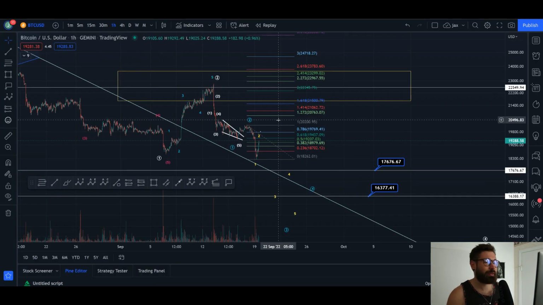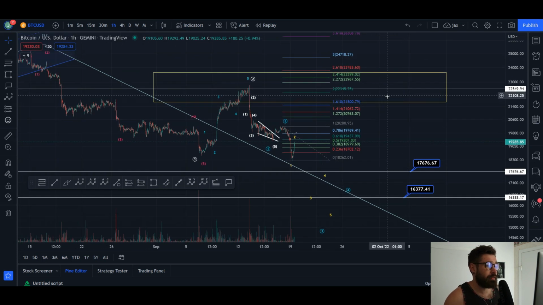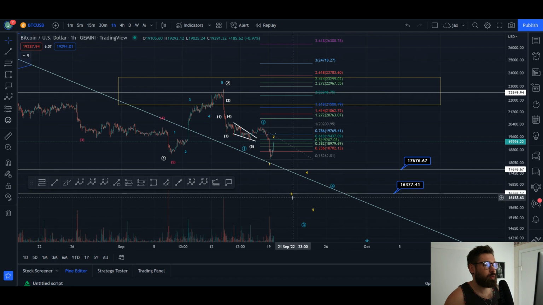We're starting here on the 1 hour time frame. So the first wave count that I'm looking at is a very, very shallow wave 2. It's pretty rare that these happen, but it is possible. And now we're starting to come down in a wave 3. So we've come down in a wave 1, and this is a wave 2 pullback. So your wave 2 pullback target zone here is in between the 0.5